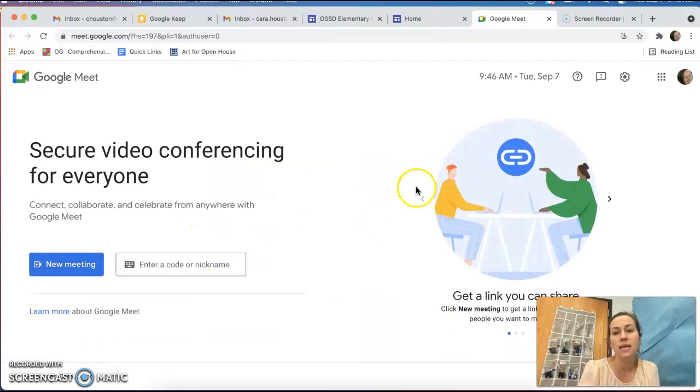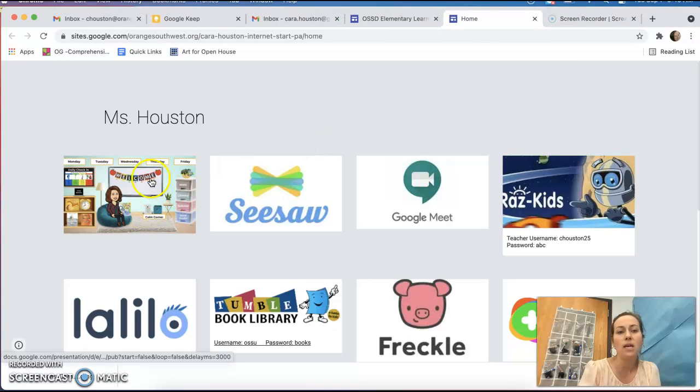What that will look like is dependent on the day. So for instance, we don't have any meets up today, so there is no schedule. Tomorrow there will be a schedule. They just need to click on the next meet and it should automatically load them onto the Google Meet for our time together. The other way that they can join is